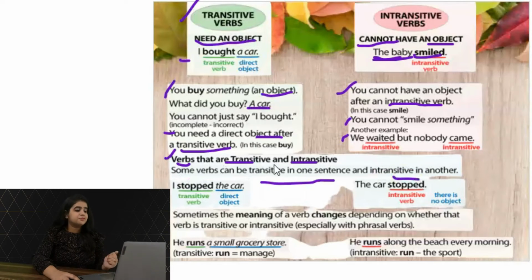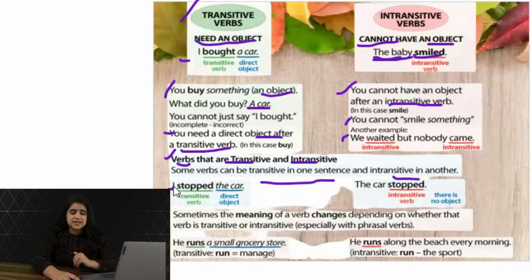For example, I stopped the car. Now if I simply say I stopped, you will definitely be asking what you have stopped. So to answer your question, I need to add the object over there and that's the car. I stopped the car. So stopped over here becomes a transitive verb because it needs an object to complete the meaning